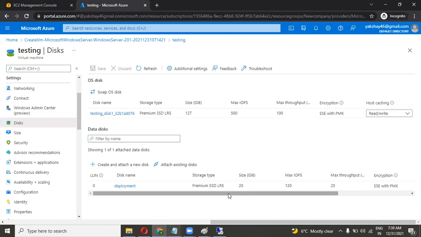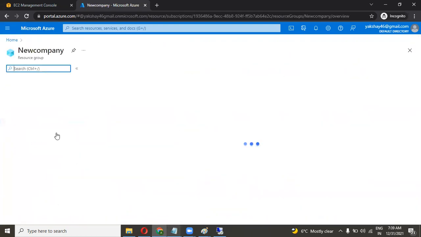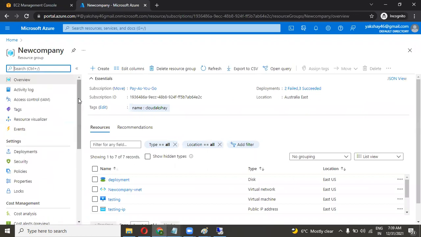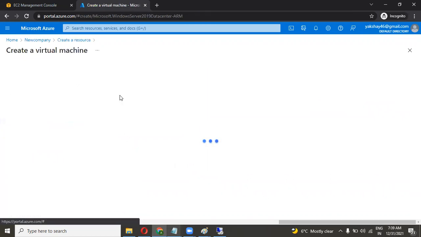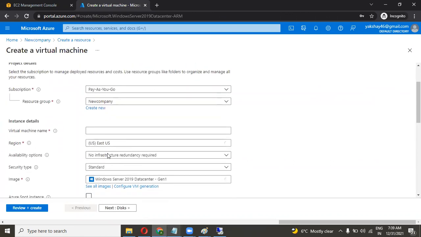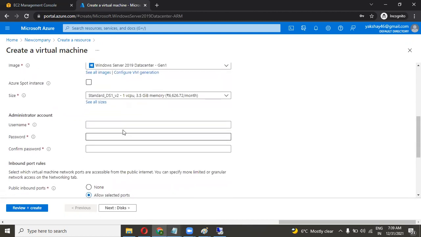So I have created the disk over here. Let me create a virtual machine again in the new company. Let's create one more machine over here. Testing 2, and all the things are the same. Cloud Akshay 2.